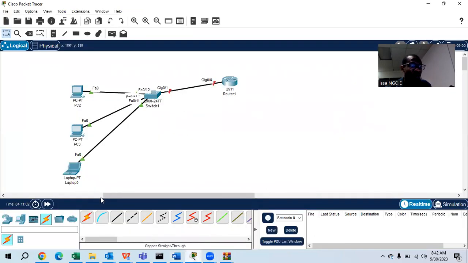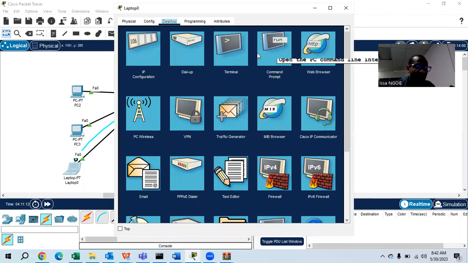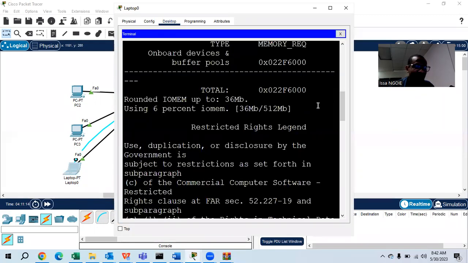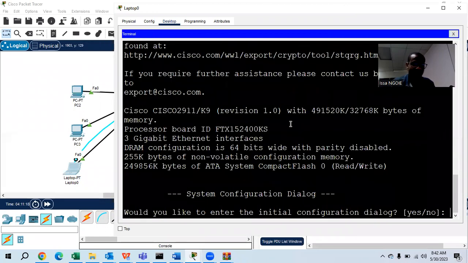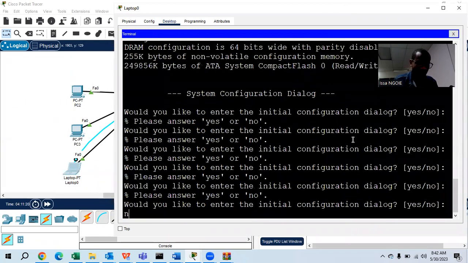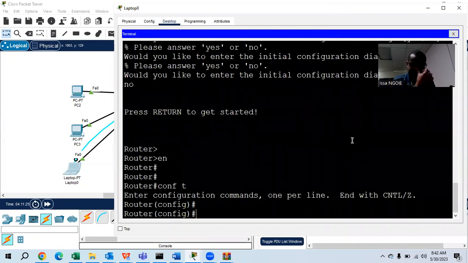So you can console to your router if you want. So what you're gonna do, so I will go to terminal, right? I'm gonna say no to enable configure terminal. You have to enable IPv6, right? By typing